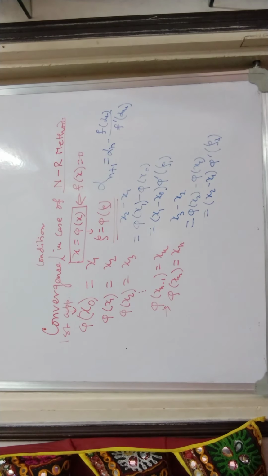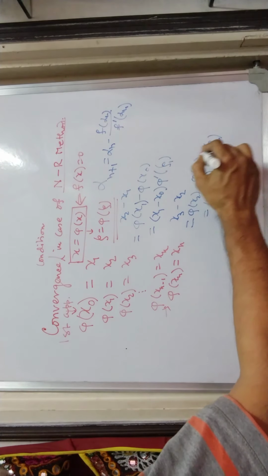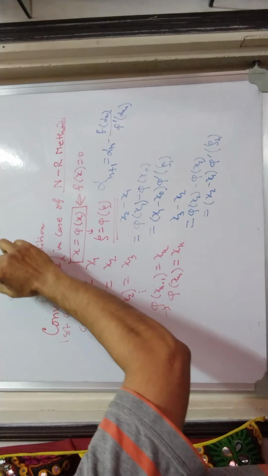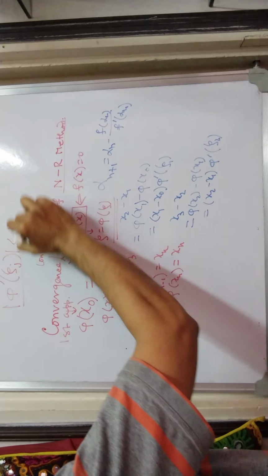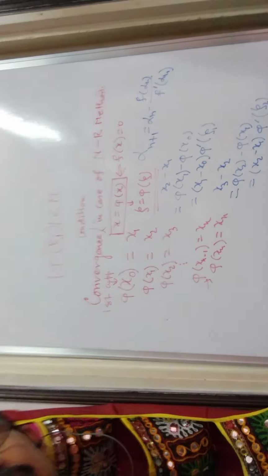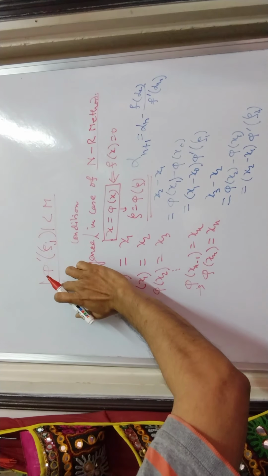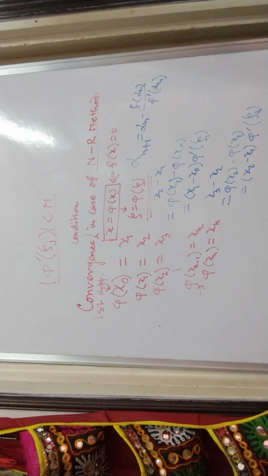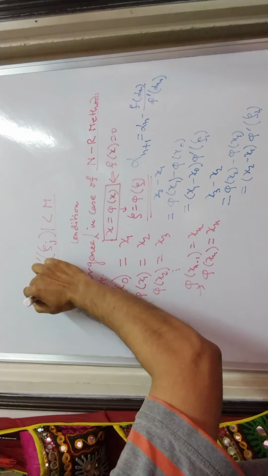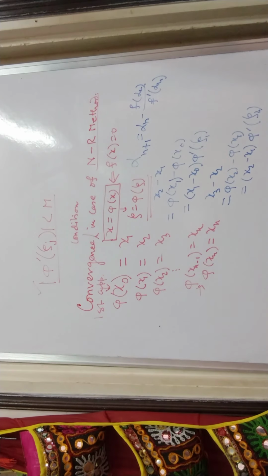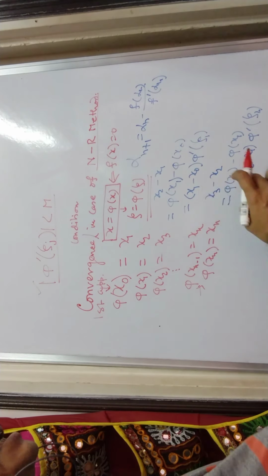We are interested in the interval x0 to xn minus 1, and we assume that all these |phi prime zeta j| values are less than m. We can easily assume this. Isn't it so? The mod value of phi prime zeta j in all these intervals, throughout from x0 to xn, we have this. And then if we put this back,